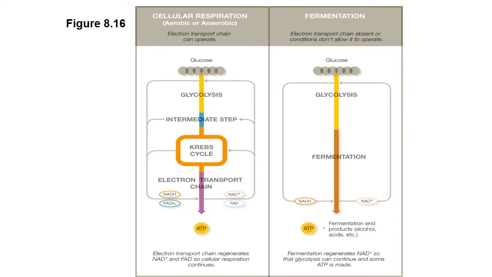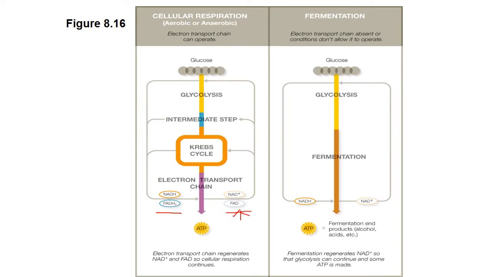What you will also see is NADH and FADH2 at the bottom of the screen and ATP being produced. So let's go back and review a little bit about NADH and FADH2. NAD plus and FAD are electron carriers. Electrons have a negative charge. So when you see NAD plus and FAD, as you can see here on the right side of the screen,